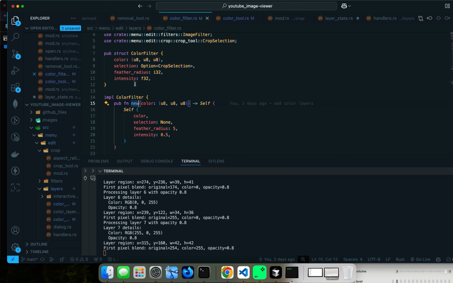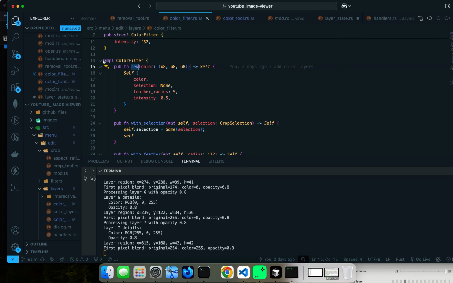We talked a little bit about it. And the intensity is using a floating 32 because this is what we're going to use to do the clamp work for the strength of the color blending. Here is the implementation